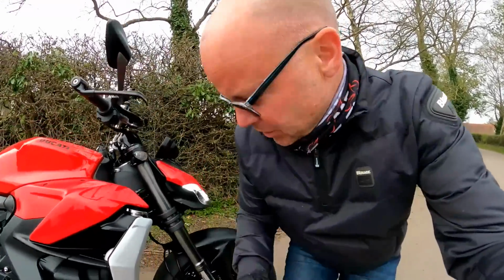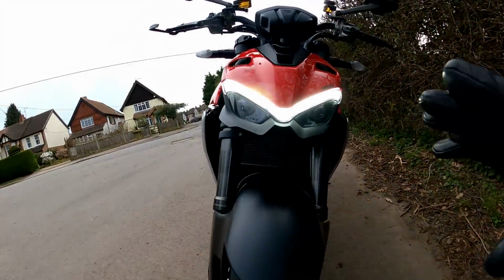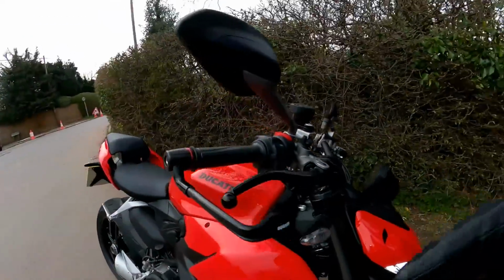So before we actually ride the bike at night, let's take a look at the lights and the switchgear on here during the daytime so you can see what they're like. So this is the bike just with the ignition switched on. Check out the headlight here. This is like a bright version of the daytime running light. There's a little button up here, look. If I hit this button here,